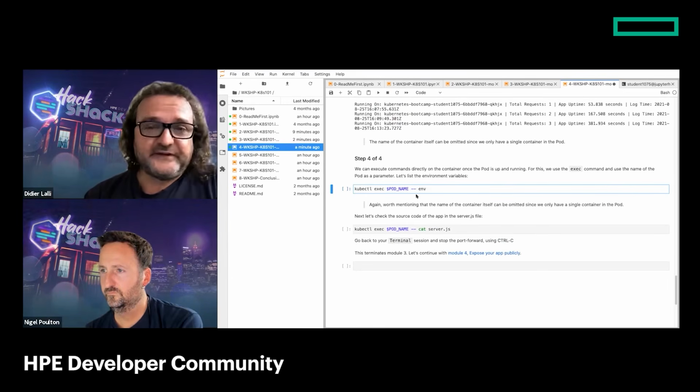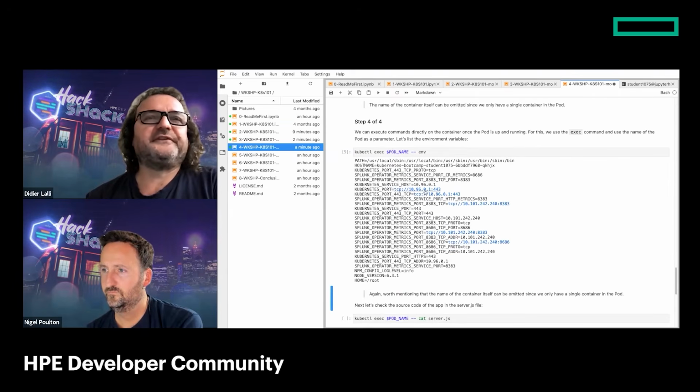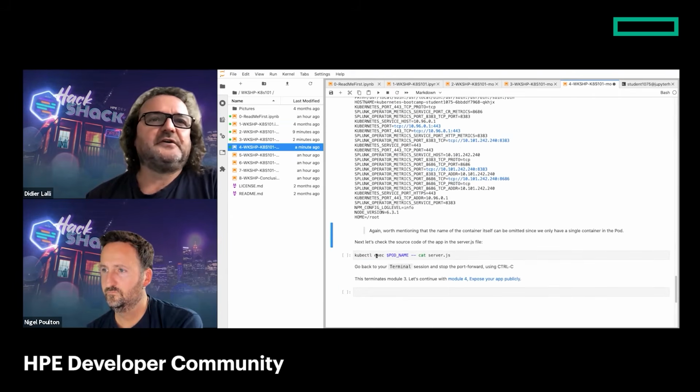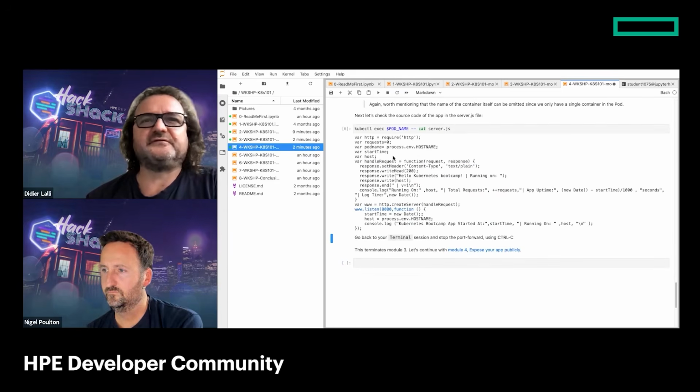We already used exec, if you remember, in the previous lab to run the curl command, but here you could say, give me the environment variable for this particular pod, or give me the source code of the server.js if you want to make sure that you're running the right code. And you can see actually that we have the response that we see when we call the curl command against